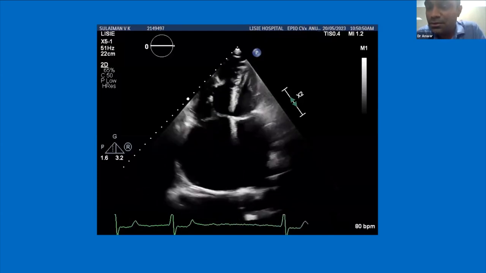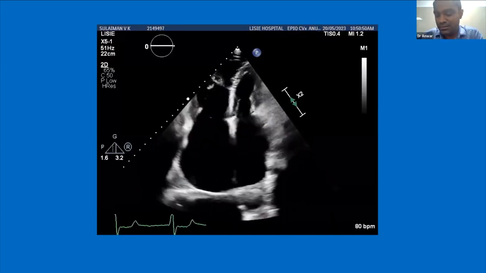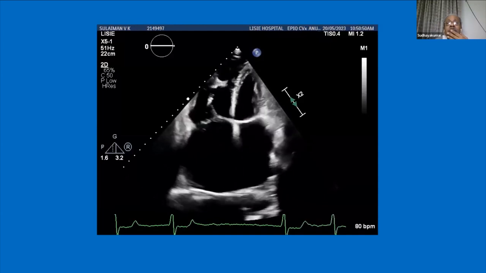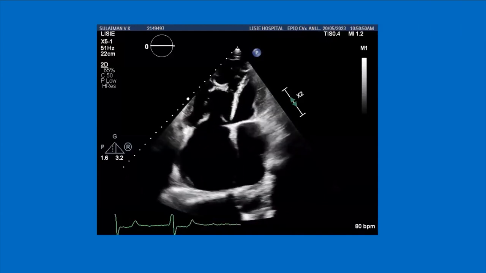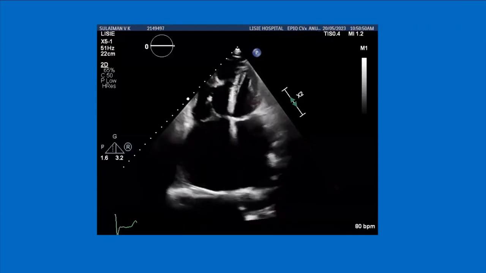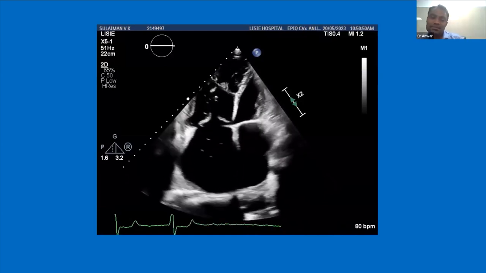I need to see the Doppler and other images. Is the RV function normal? No, sir, there is RV dysfunction. The annulus is